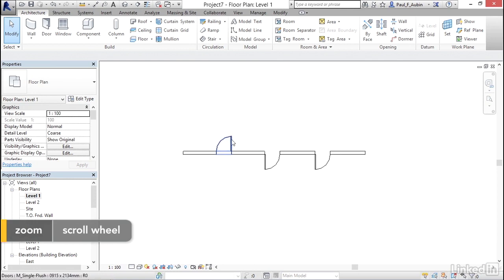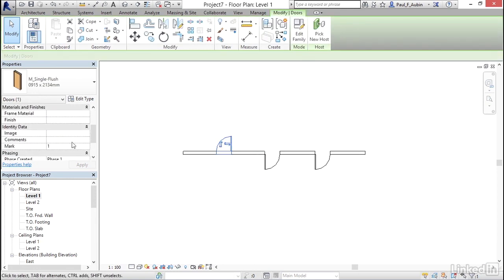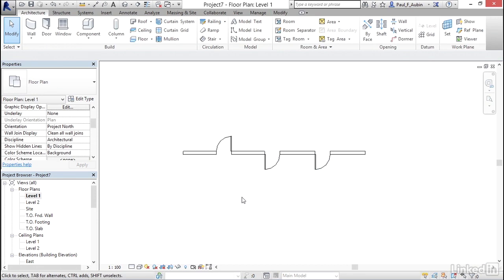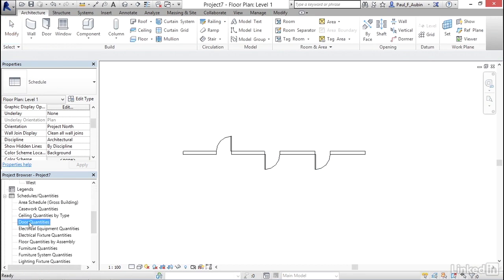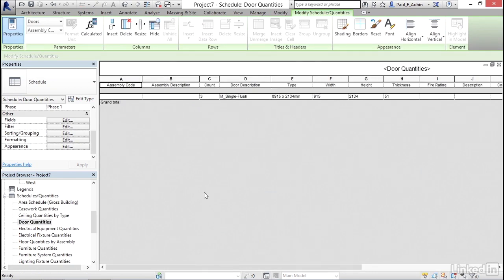And I'm going to go ahead and select the first door here, scroll down. That's door number 1. This one's door number 2, and that one is door number 3. Okay, so we've just placed 3 very simple doors. Now, if I scroll back down and reopen my door quantity schedule, you'll now see that there's a line item